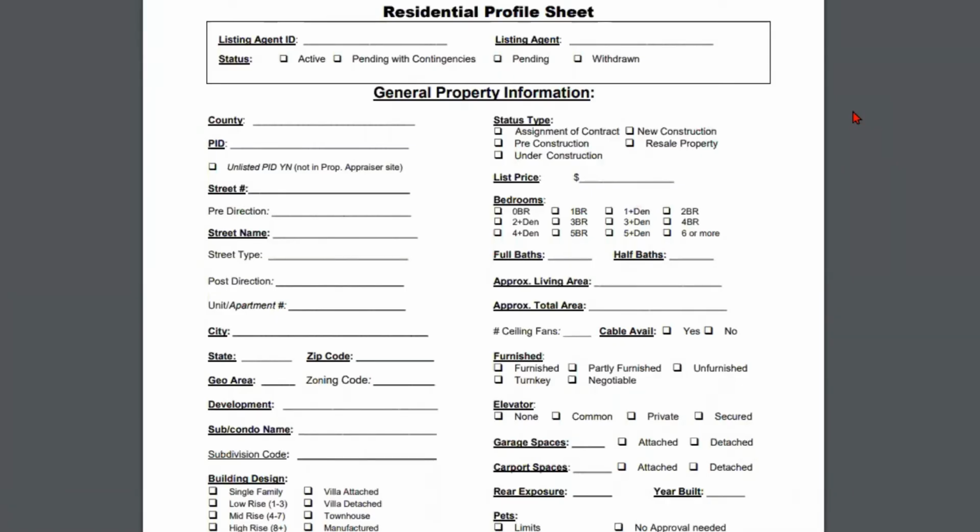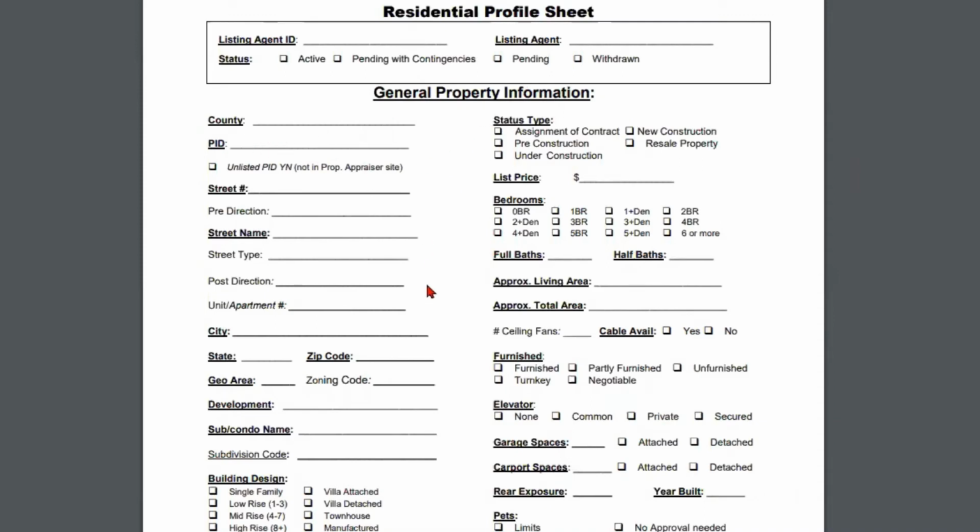Now, as I'll demonstrate in today's class, a lot of the legal information, the property ID number, the address, and a lot of information is going to be pulled into the listing automatically for you if you enter the listing the way I'm going to show you how to do it today. Features and a lot of other information is not automatically entered. And that's where this form will really come in handy, because aside from worrying about entering the property ID number and all of that information,